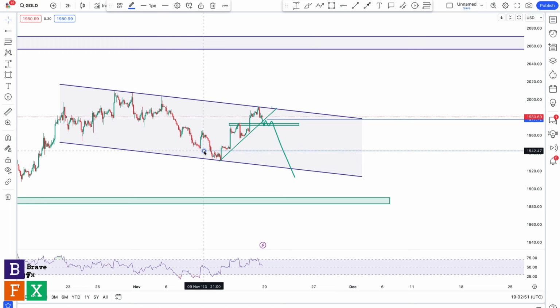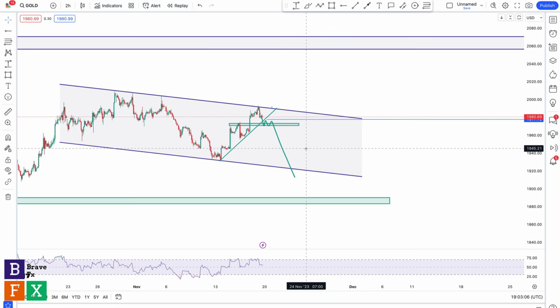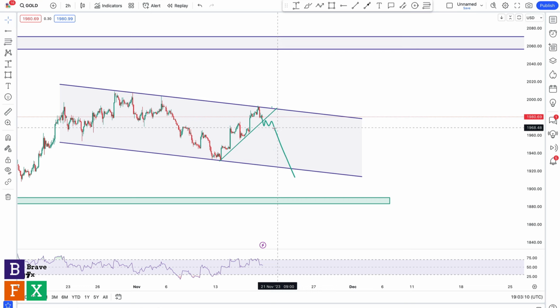It's not logical to expect price to touch the bottom of this channel, even if it does. To be on the safer side, you simply take profit before whatever price action is going to happen over here manifests itself. So with that being said, for a bullish case scenario,